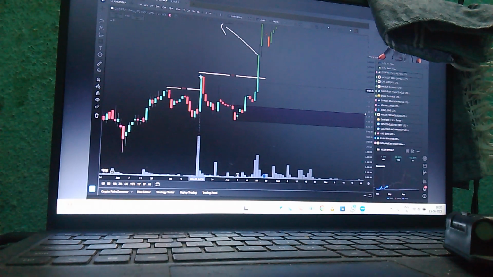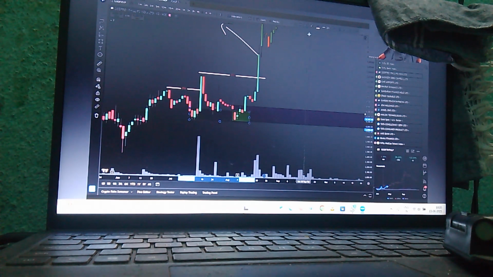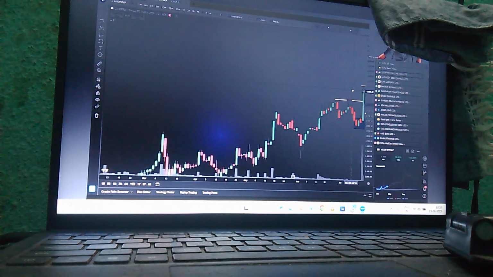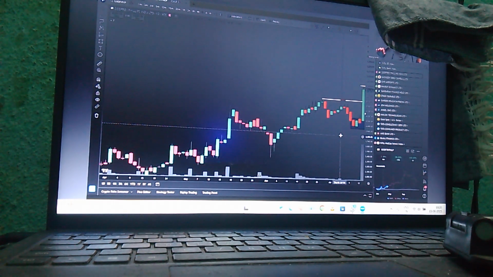The body of the last red candle before the big displacement is my order block. I will extend this area, and I'll color it orange, just so that you can understand that this is the area that I plotted. Then, once I've plotted this area, when will I plot it? I will plot this area as soon as